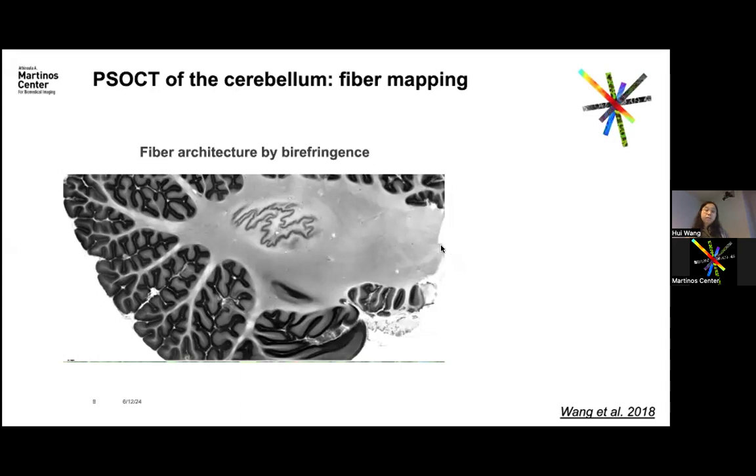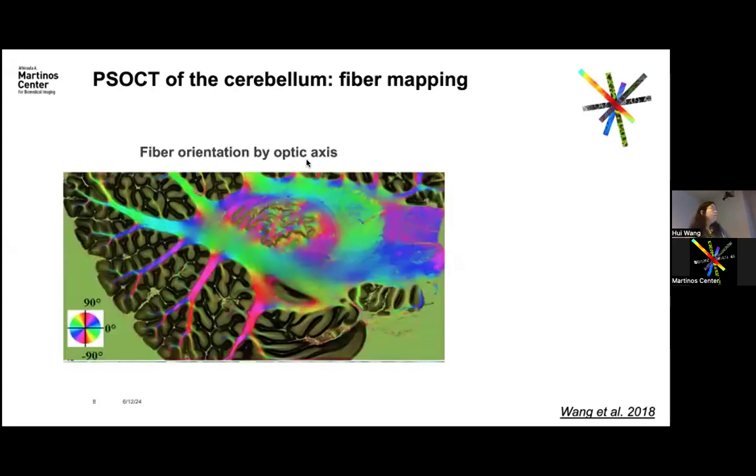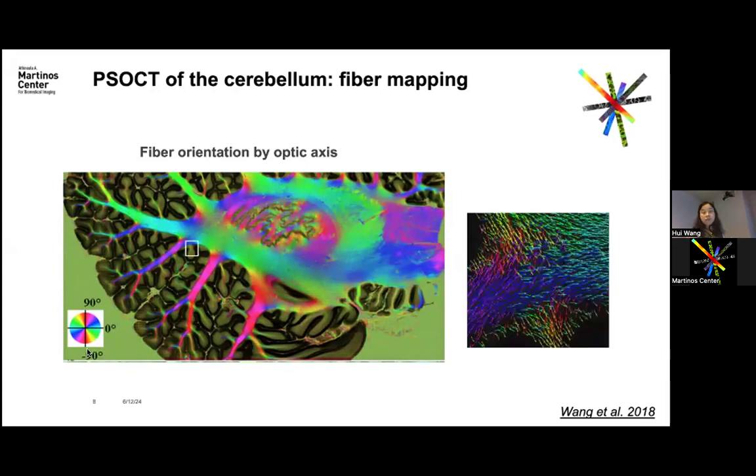Here is a human cerebellum. You can see the regions of the white matter in the middle that's highlighted by the birefringence. You can even see the fiber branches that go to individual folia. And using another contrast called optic axis orientation, resulting from birefringence as well, you see the fiber orientation in this plane. And that's explained by this color wheel. And when you zoom in on a very small region, like here, around one folium, you start to see the different orientations from the optic axis.